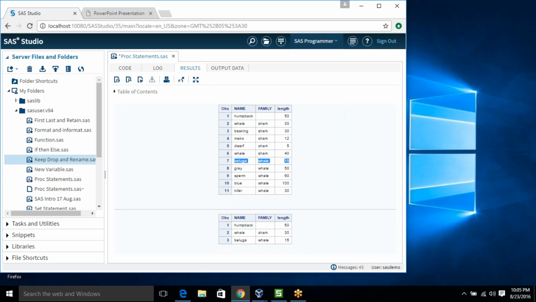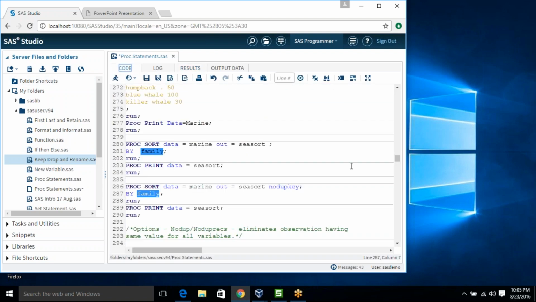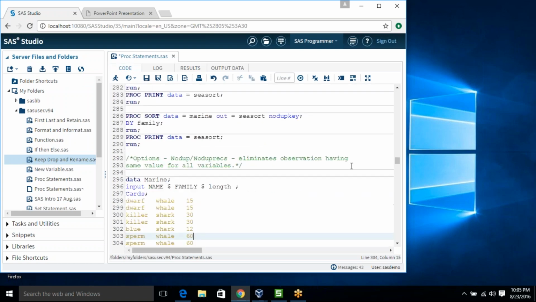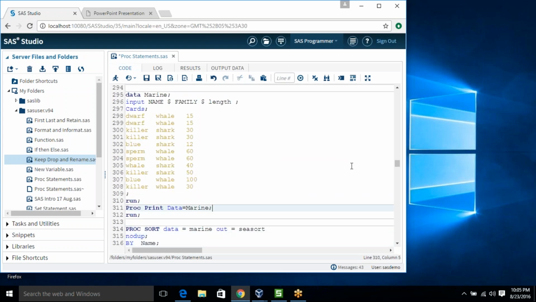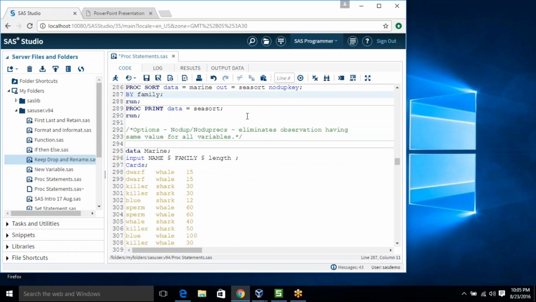Yeah, fine. So the next option is NODUP or NODUPRECS. Remember one thing: it checks whether an observation has the same value for all the variables. In NODUPKEY, we are checking only the variables you specify in your BY statement. But when you are using NODUP or NODUPRECS, you are checking values for all the variables.